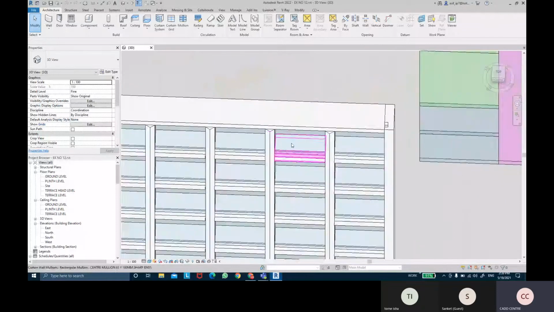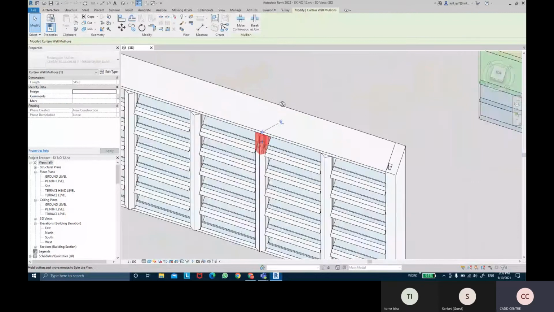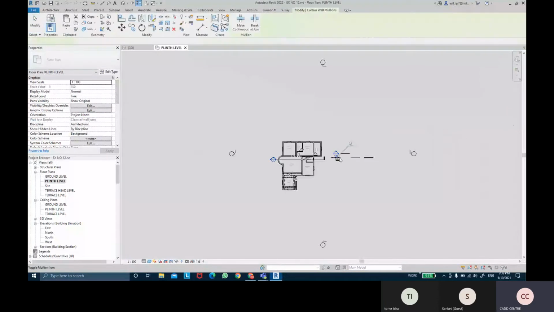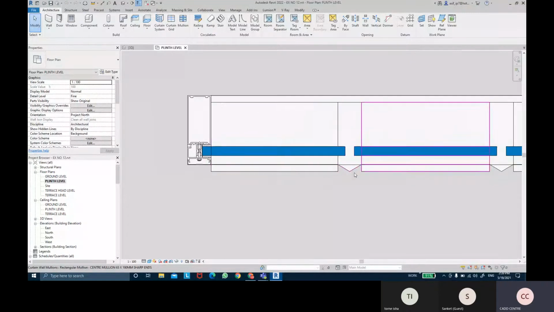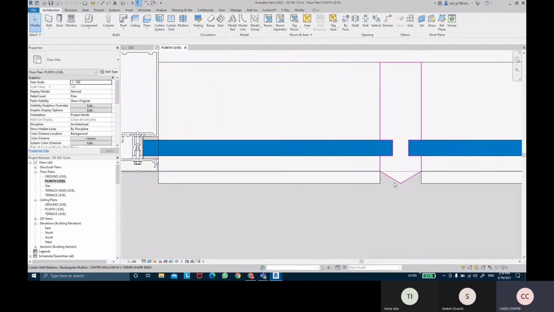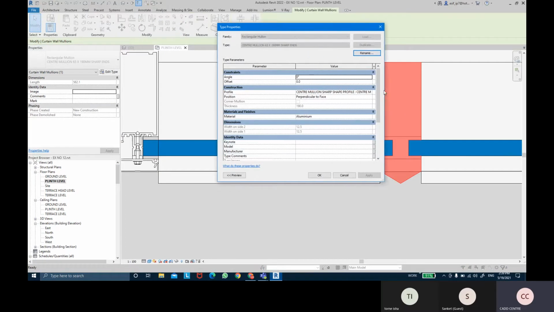So in the last class, we added this mullion profile. We created this shape of profile. If I look at it from a plan view, you'll understand much better. So we added this center mullion profile. But whenever I'm looking from a plan view, I'm not able to see such kind of detailing in my center mullion profile. That's because we have just created the profile shape, but not the detail of that profile shape actually. So we have to now create the detail of the profile shape as well.